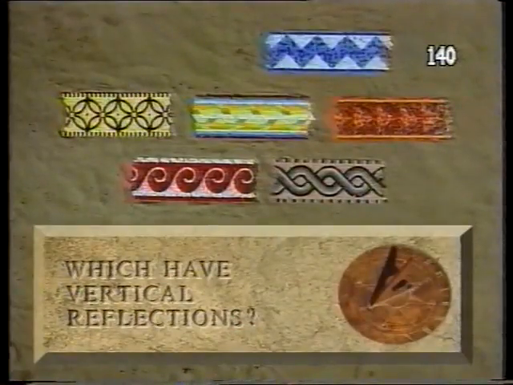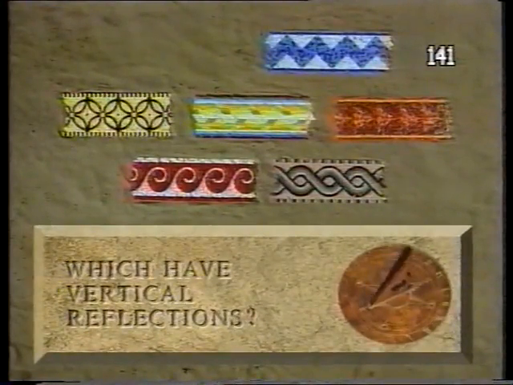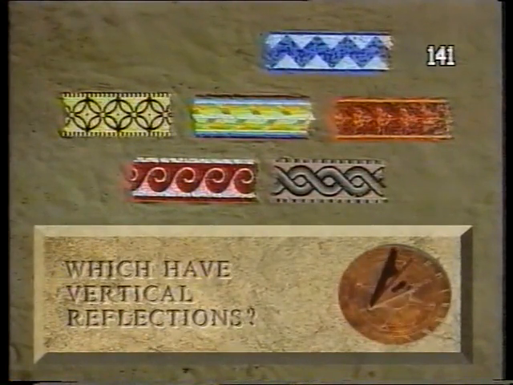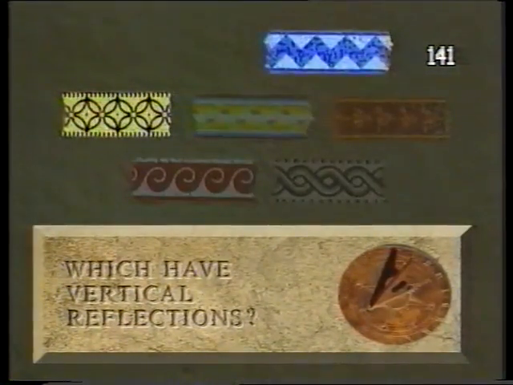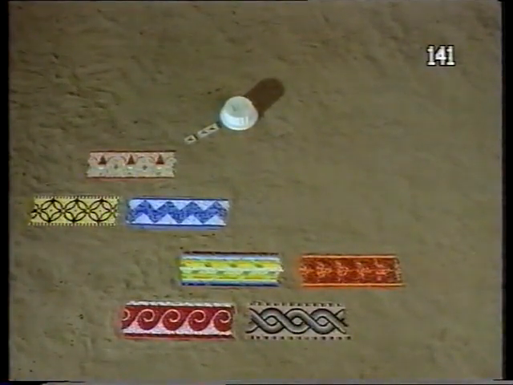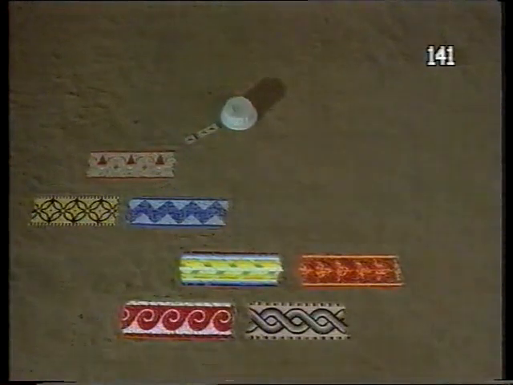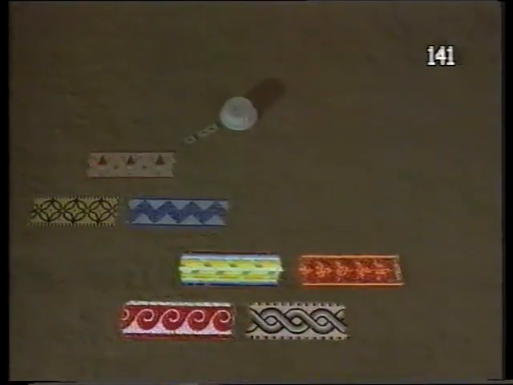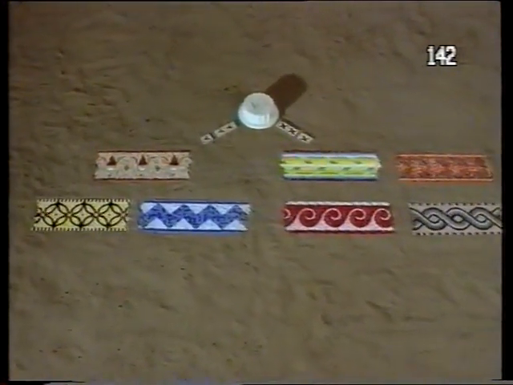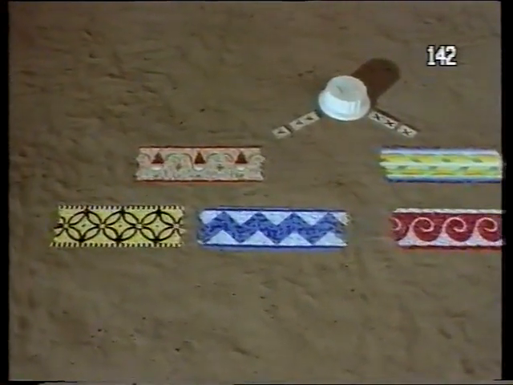Do any of the other friezes have vertical reflections as symmetries? Well, these two do. So we'll put them in the same class as the first one for the moment and examine them later. On the other hand, these four friezes don't have reflections in any vertical line. So their symmetry groups must be different. And we'll put them in another class. So we've divided all our frieze patterns into two classes. Those with vertical reflections